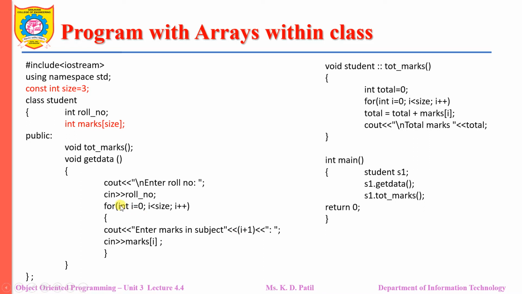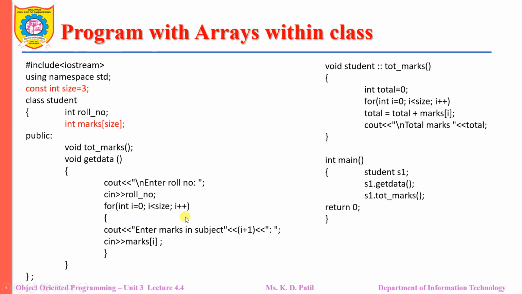Here a for loop has been used to accept the marks of 3 subjects. Why am I saying only 3 subjects? Because the maximum size of the array is given as 3. So the marks of 3 subjects will be accepted, and the marks of the first subject will get index 0, marks of the second subject will get index 1 and marks of the third subject will get index 2. The indices in an array start with 0.